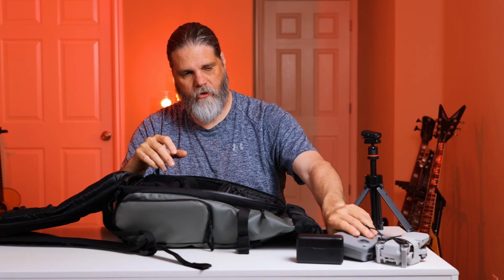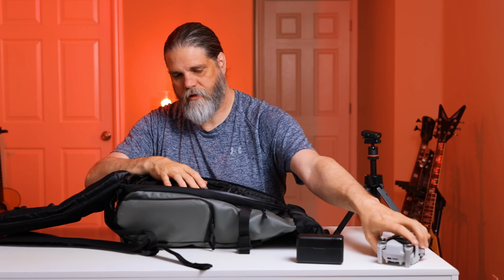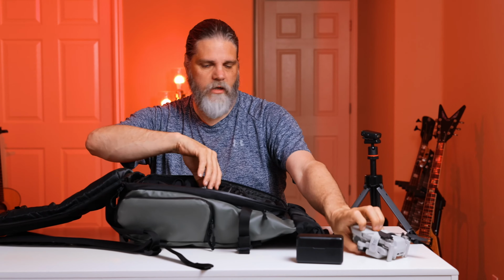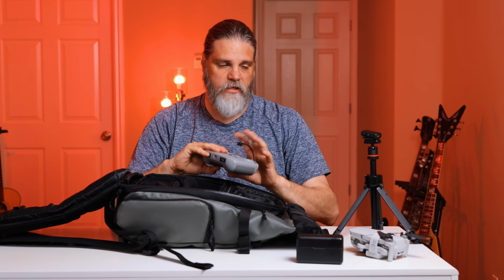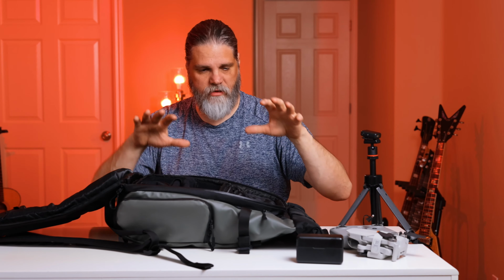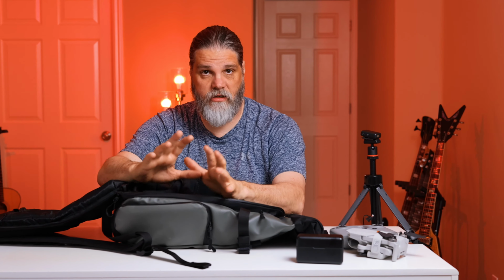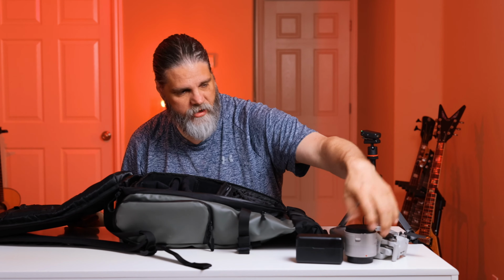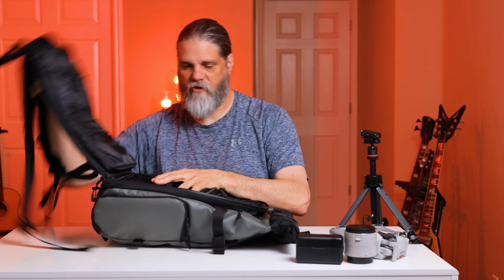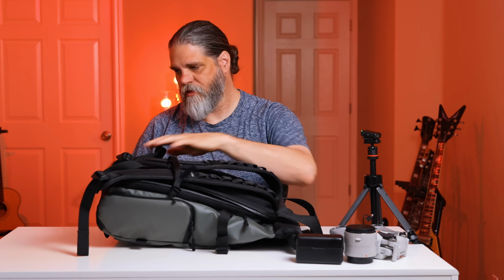If I need to stick the drone in here, it just drops right in here. Super easy. Don't know what much more to say about this bag. It hit all the check boxes I need to mark off to have a bag that I needed for run and gun. I've been toying with this, trying to figure out what to use and scheming. That's why I was using the Sims bag the last couple videos when I was out on the beach, so I could